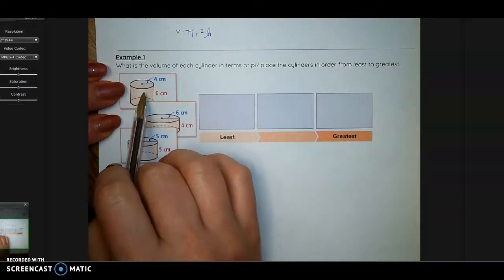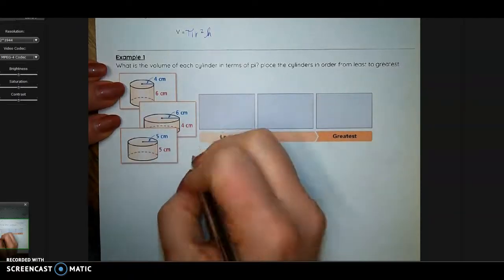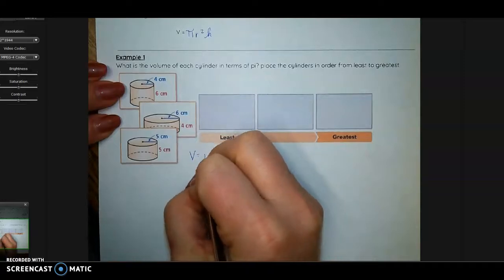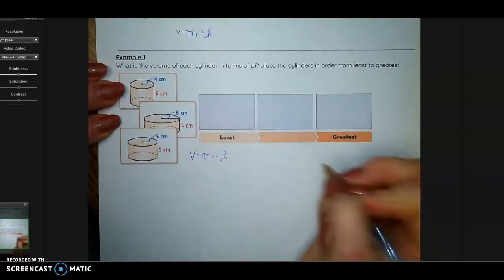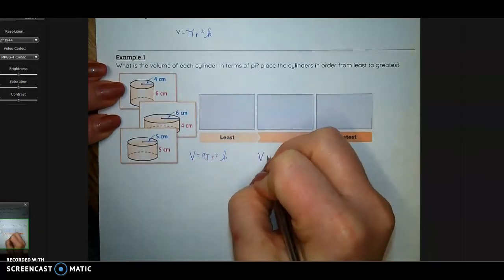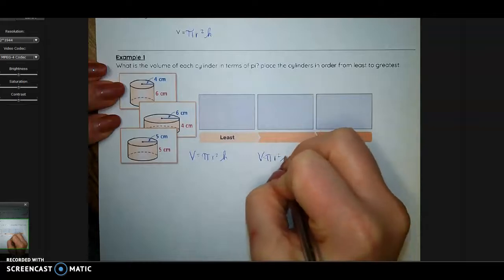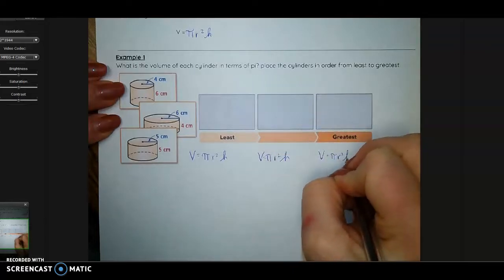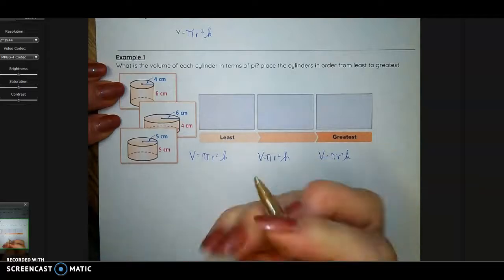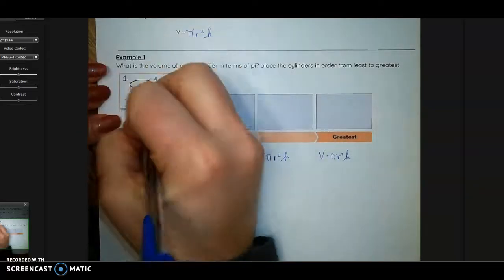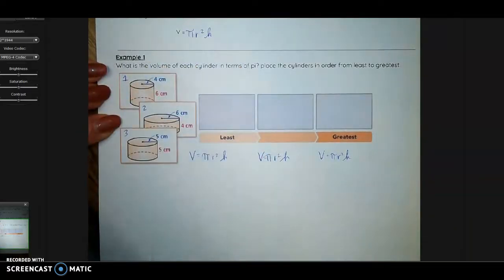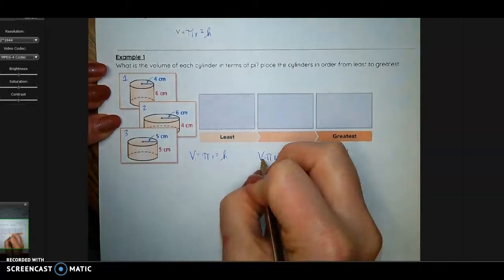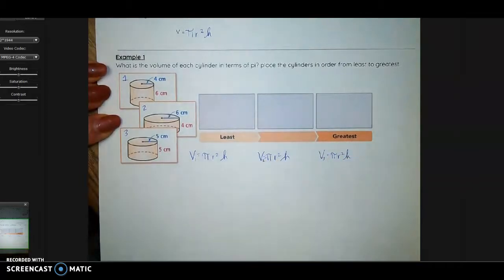So the volume of our first cylinder here, we need to do volume equals pi times r squared times height. We're going to do that for all three of them. And a little trick that you'll learn as you move up, so if we say this is 1, this is 2, this is 3, you can put those little sub numbers there so you know which one goes with which. So for our first one there,